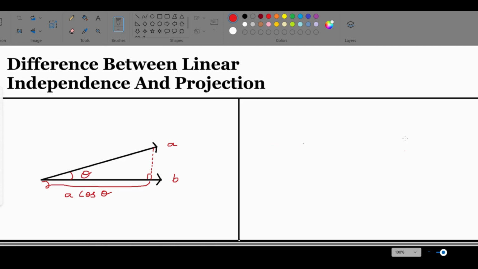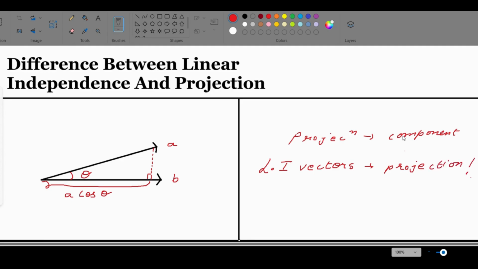And this is the difference between linear independence and projection. Because if you notice, when we talk about projections, we are mainly talking about a component. So, like A cos theta could be a projection of A. However, when we talk about linear independence, we're talking about something very mathematical in nature. This just goes to say that it's not necessary that linearly independent vectors do not have a projection on each other. They can have projections on each other. However, only when linearly independent vectors are perpendicular to each other, they won't have any projection on each other.